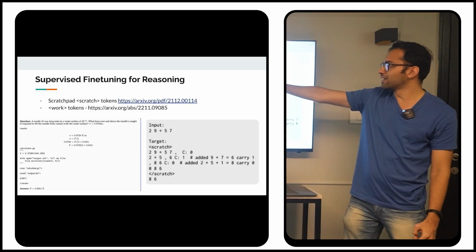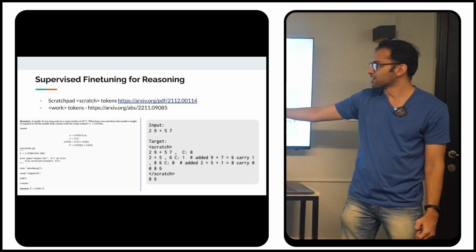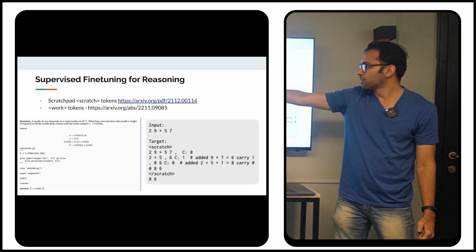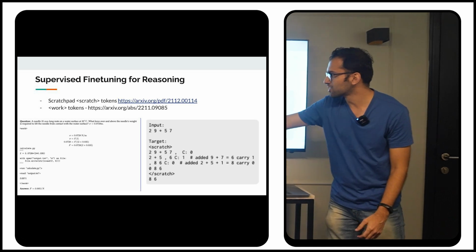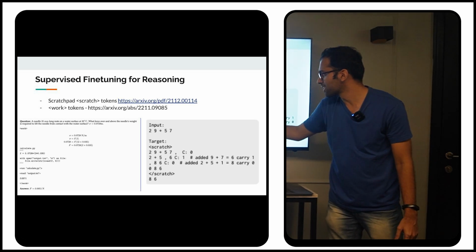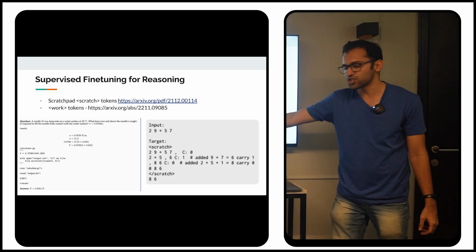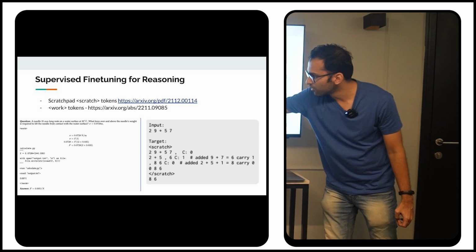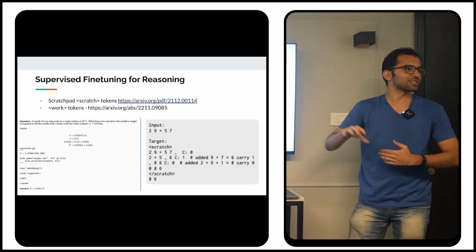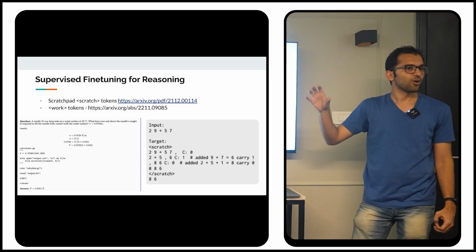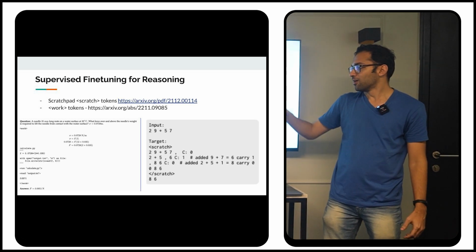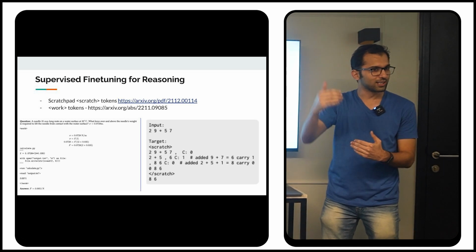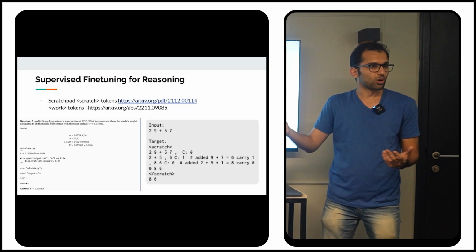The way they did supervised fine tuning for reasoning is this. Work tokens were introduced in the Galactica paper, and in general we can see there are scratch start and scratch end tokens, work start and work end tokens, and all the reasoning traces are in between them. They manually annotated all of these, paying people a bunch of money to get these reasoning traces,